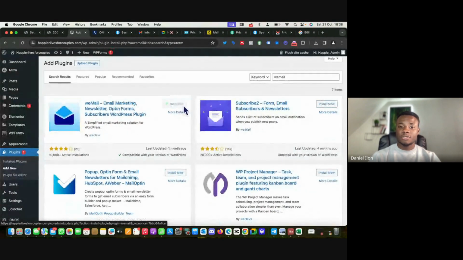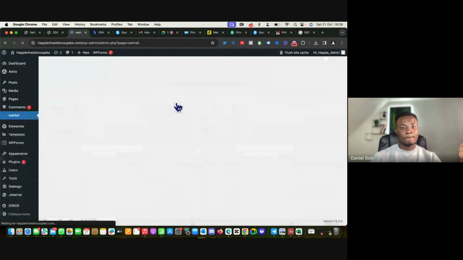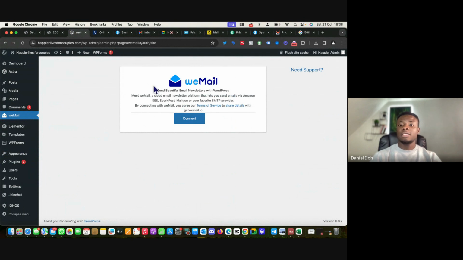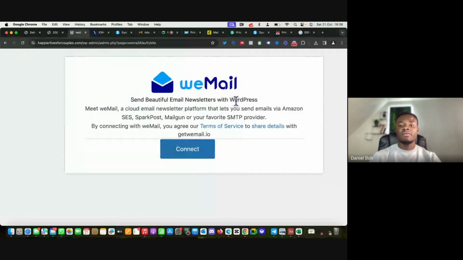Let's wait for it to install. Then you click on activate. Once that is done, this pops up. So WeMail, send beautiful email newsletters with WordPress. Beautiful. Meet WeMail, a cloud email newsletter platform that lets you send emails via Amazon SES, Postmark, Mailgun, or